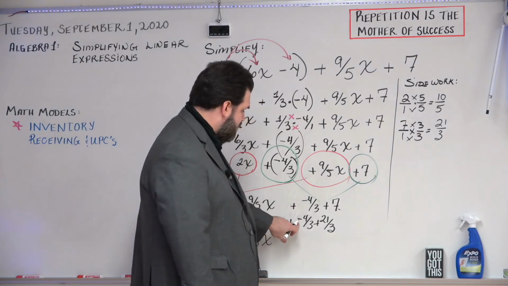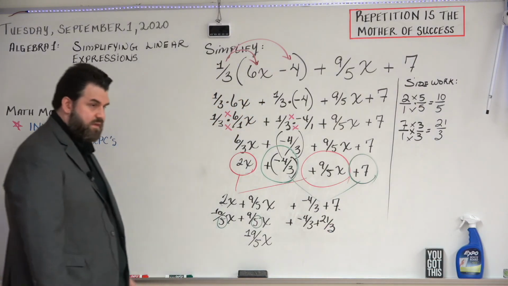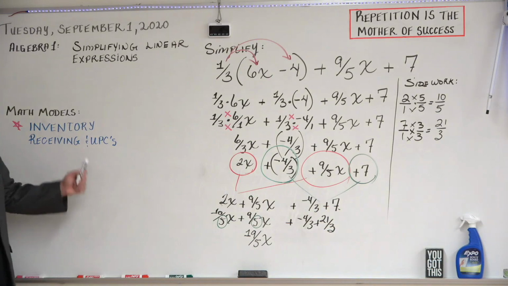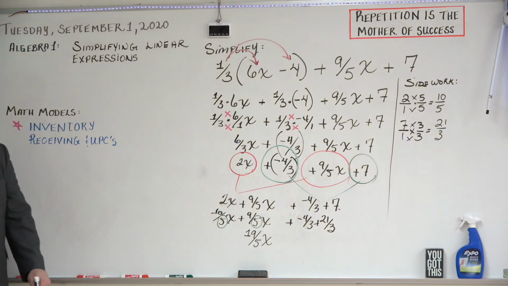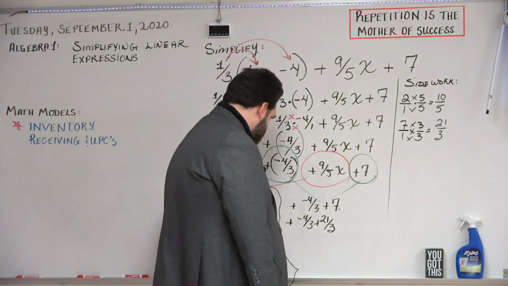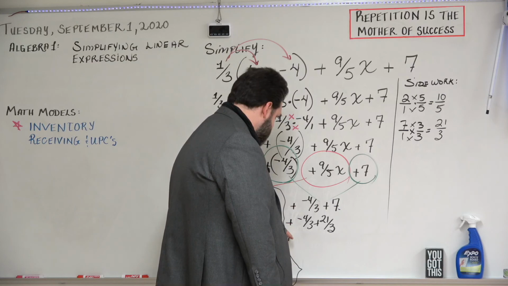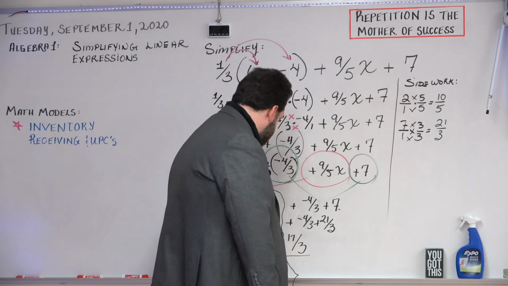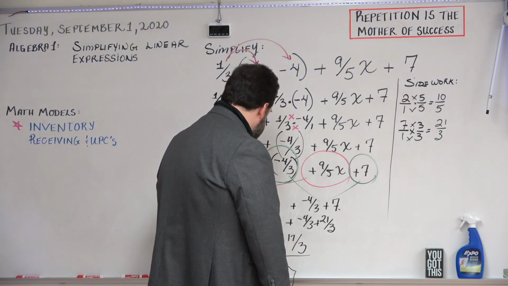And now I need to do -4 plus 21. What's that? -4 plus 21. Is it 17? Okay, so -4/3 plus 21/3 is 17/3. 7 plus 4 is 11, so 17 plus 4. Yeah, so we'll write plus 17/3. Now that is the simplified